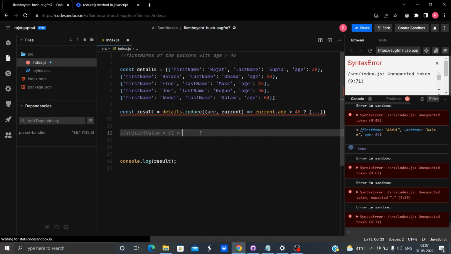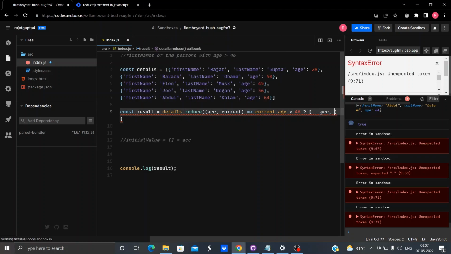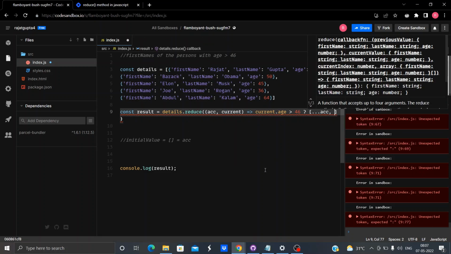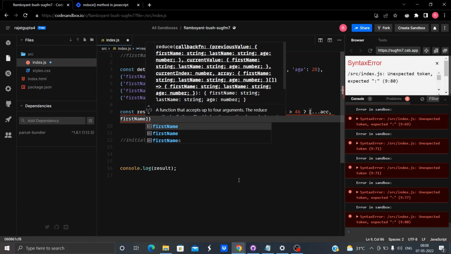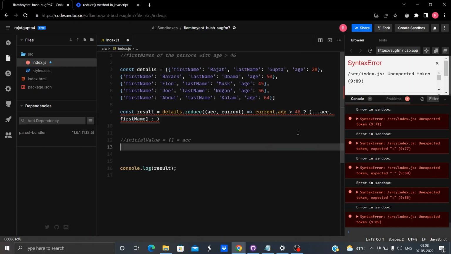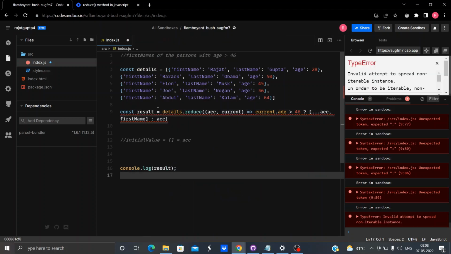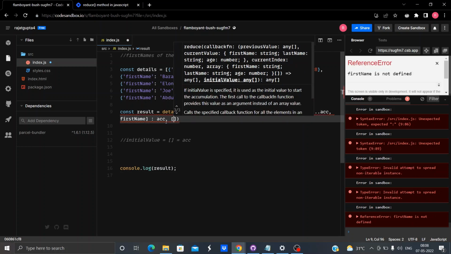So destructure accumulator and just add the first name in it. But if current dot age is not greater than 46, then return accumulator as it is. Nothing you have to do, and take this as the initial value.